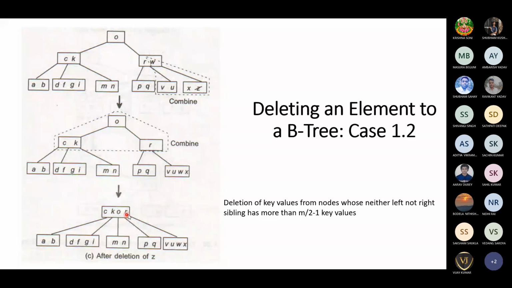So when W goes into the root node, again this node will break. When this node breaks, again O will become the root node, correct? When O becomes its root node, this will break like this. O, CK will become its left child, and W will become its right child, like this. Is this correct?